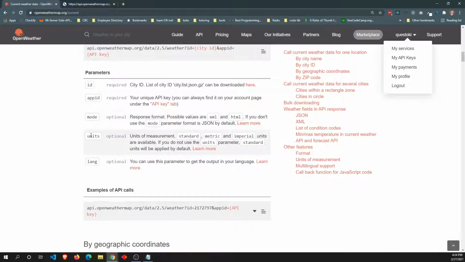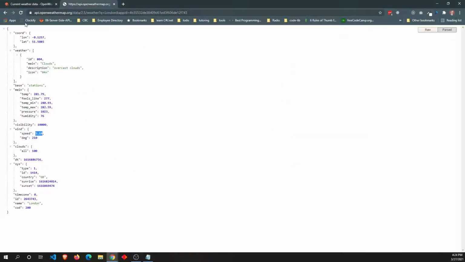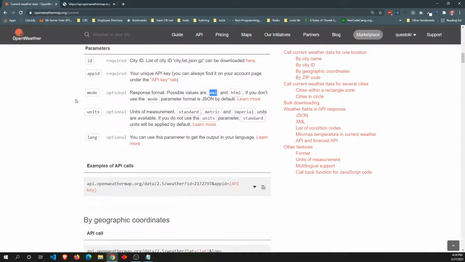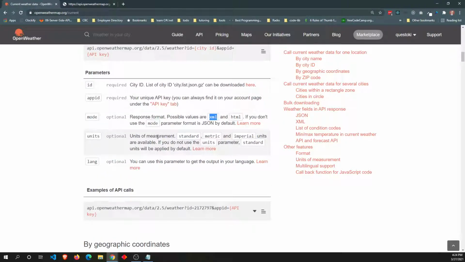So let's see if I can, there we go. So looking through the parameters, there's a couple we can use. We can use mode, which looks like it can give you XML or HTML, or by default we're getting JSON formatted data. And then units, so here we can see we can add a units parameter, and it looks like we can provide standard, metric, and imperial. Standard units looks like what we've been getting. So if I go grab imperial units here